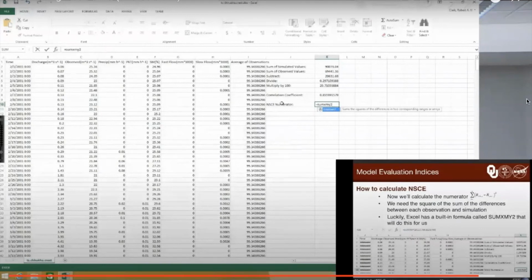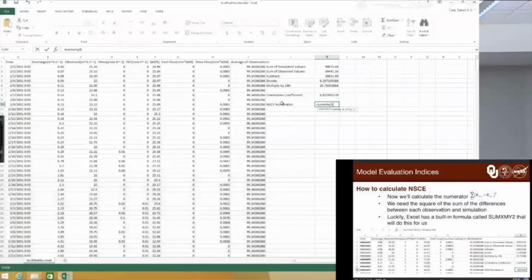It's that formula for me. Open parentheses, and it's telling me it needs array X and array Y. And so in this case, array X is going to be your observations, so that's C2 colon